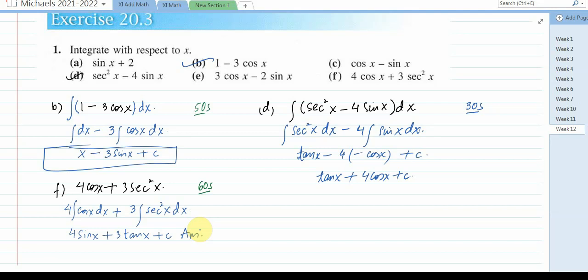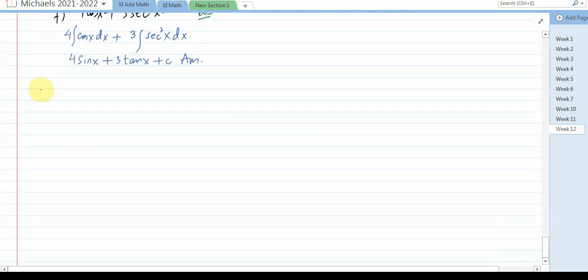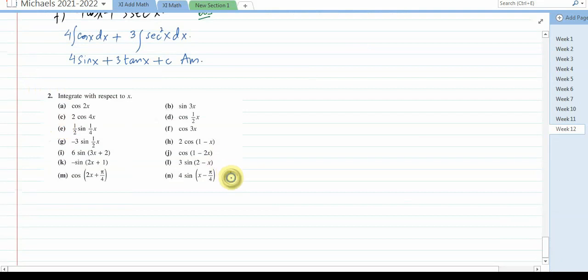Alright, so I hope that all of you are clear with those easy parts in which we need to integrate the functions. Moving towards question number 2. Alright, so it's question number 2. Integrate with respect to x, and the part we are going to attempt here, it's b, d, h, L, and N. Alright, these are the parts we are going to attempt. So starting with the part B here,